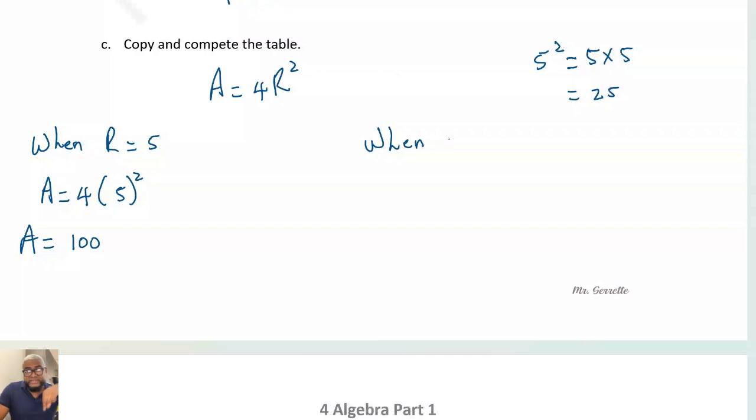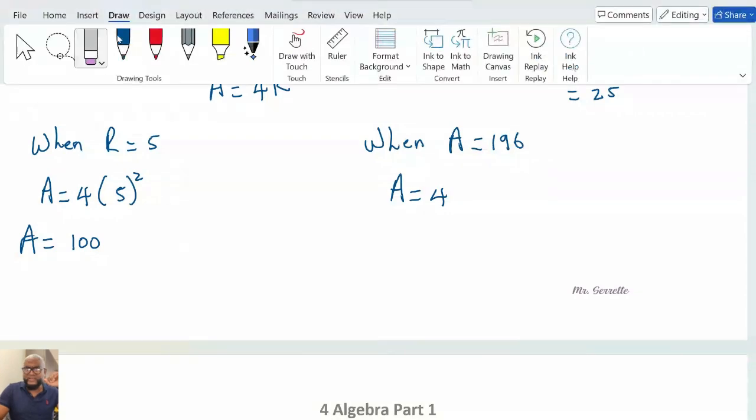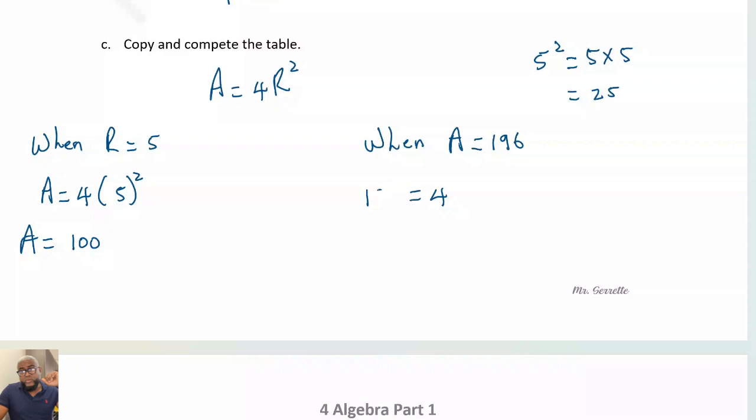When the last column is A, we have A is equal to 196. Was it 196, Jimmy? Right. So we're using the same formula, guys. A will be equal to 4... No, wait, we have A. So it'll be 196. 196 is equal to 4 by R,